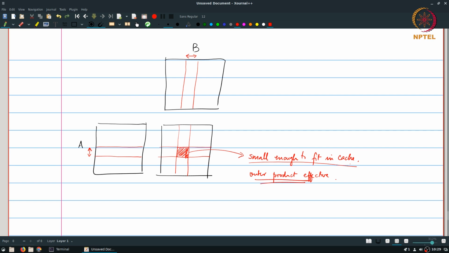On the other hand, what I will find is that when I do move on to, let's say, the next segment over here, I will need to read a fresh set of values of B, but I will need to read this set of values of A once again. In other words, the reuse factor for A is no longer n. It's not that I can just read the value once, compute n output values with it and be done with it. I might actually have to read the values from A multiple times, one for each set of columns